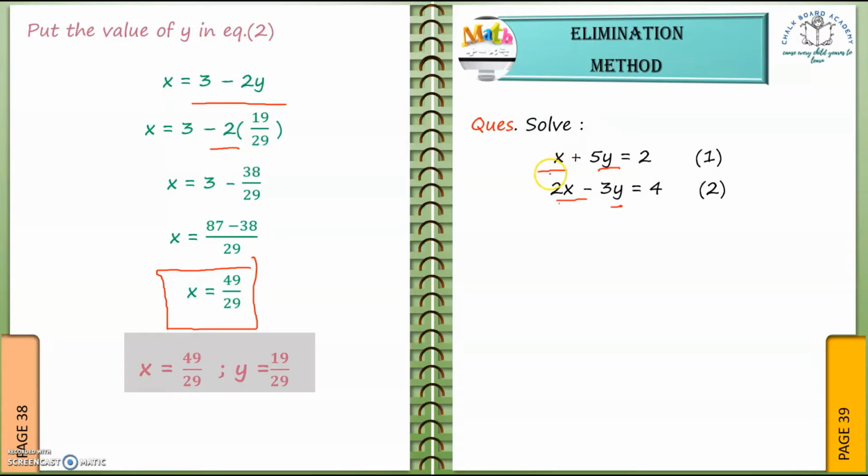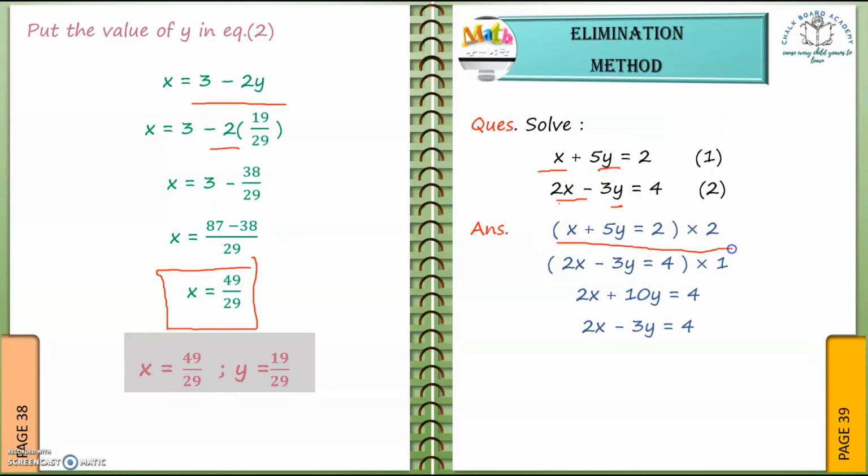So here it's easy to make x variable equal in both the two cases. What I am supposed to do here is multiply the first equation by 2 to make it 2x. I have multiplied the whole equation, because when I am multiplying this whole equation by 2, it is also the same thing as it was earlier, since we can eliminate the 2 or divide it. So they are actually the same thing after multiplying by 2 as well.